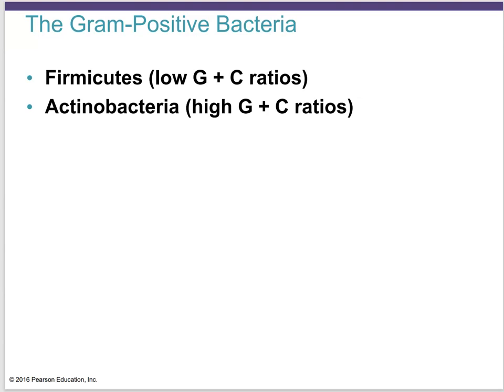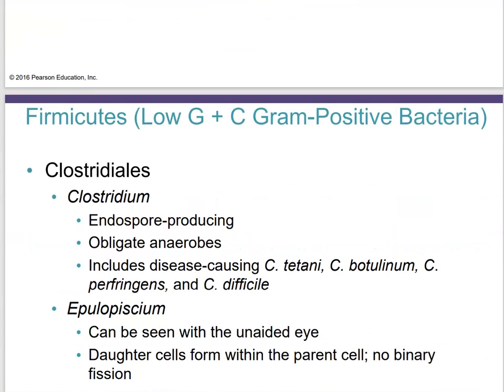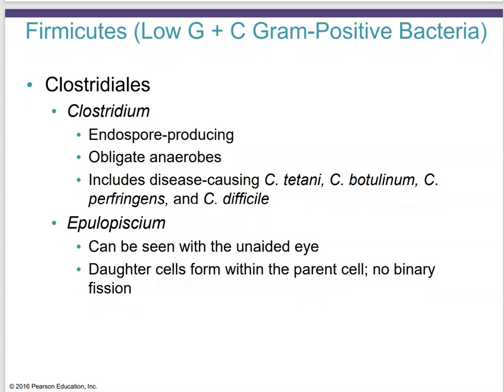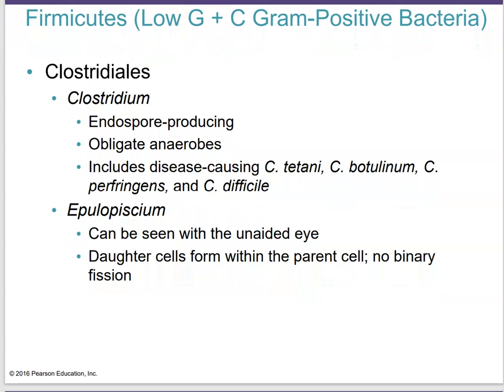Let's take a look at gram-positive bacteria next, and there we have two categories, the low GC ratio and the high GC ratio bacteria. So the Firmicutes are low GC content, and this refers to nucleotides, so guanine and cytosine. So they have relatively low content, and then actinobacteria have high G and C ratios. Okay, so starting out with the Firmicutes, the low GC gram-positive bacteria, there we have the Clostridia, which we already